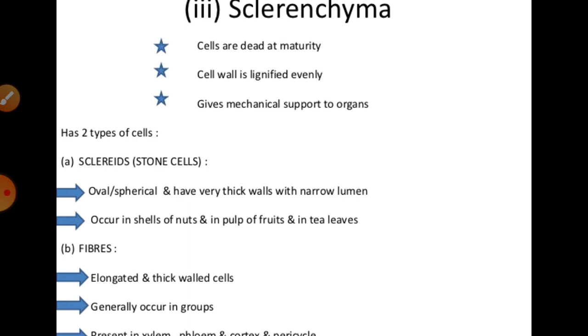And if we talk about the characteristics of these sclerenchymatic tissues, they are known to have dead cells which do not perform any type of function. It means the cells of this sclerenchymatic tissue cannot perform any metabolic function. They are dead. Also, they possess hard and extremely thick secondary walls, with uniform deposition of lignin.